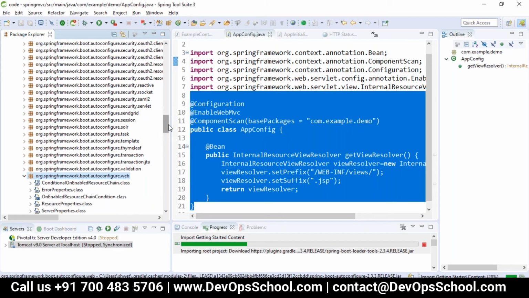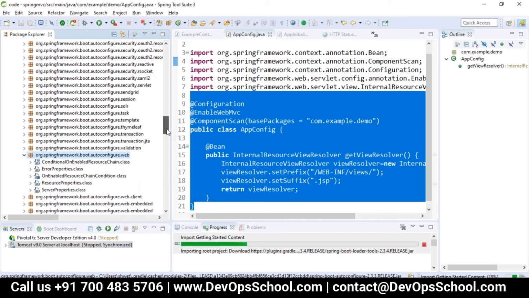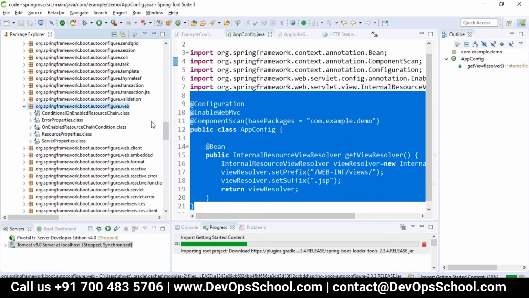All of this, the resource properties and server properties, is already configured, and there is an embedded Tomcat. It is embedded with the Jetty web server, Netty web server and Tomcat web server, these three embedded web server factories. So these three servers are configured internally for Spring Boot.